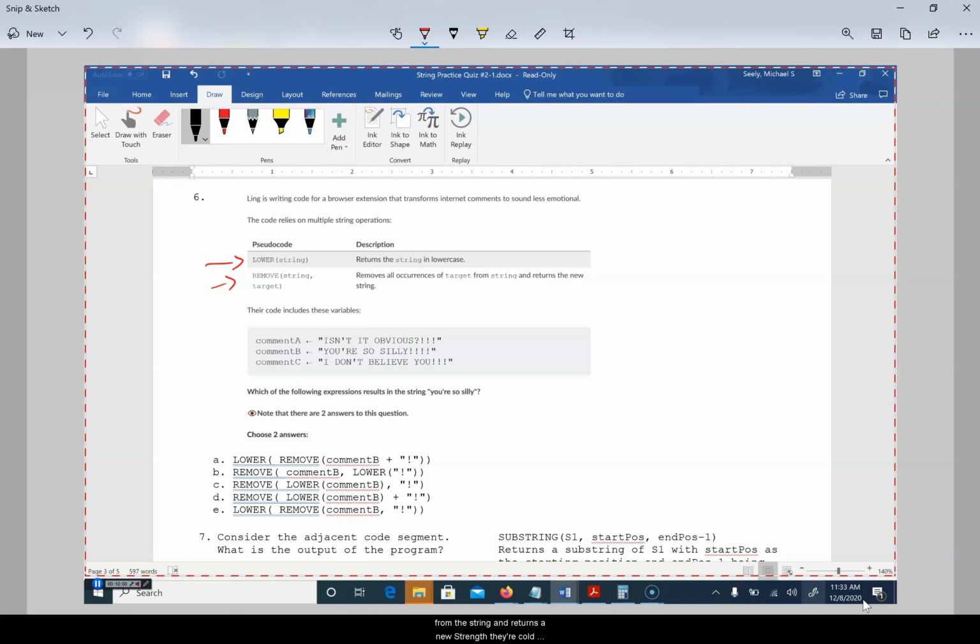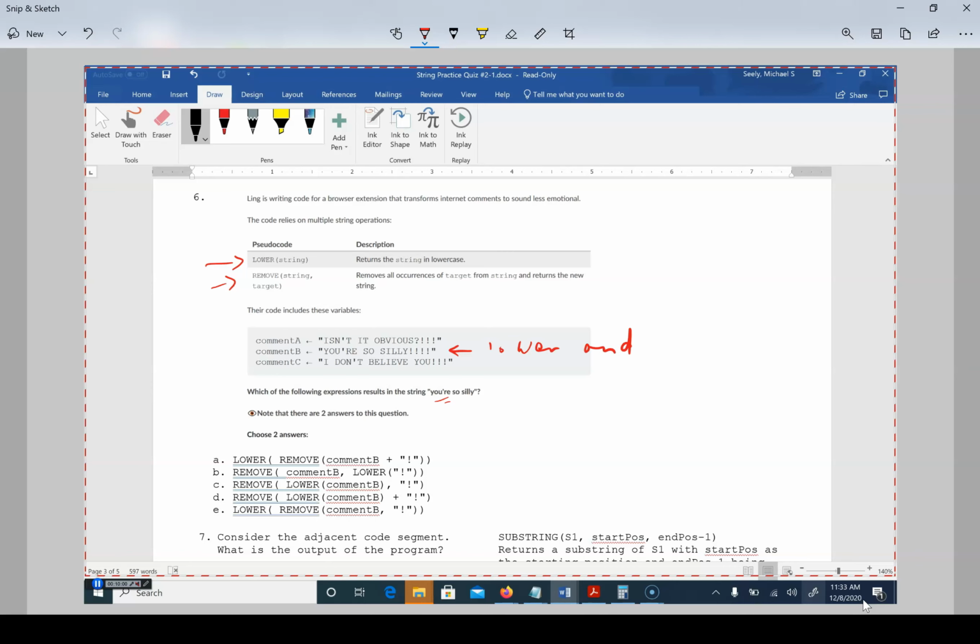Their code includes these variables, so we've got comment A, B, and C. "Isn't it obvious? You're so silly, I don't believe you!" Which of the following expressions results in the string "you're so silly"? So basically this one, but it's lowercase,